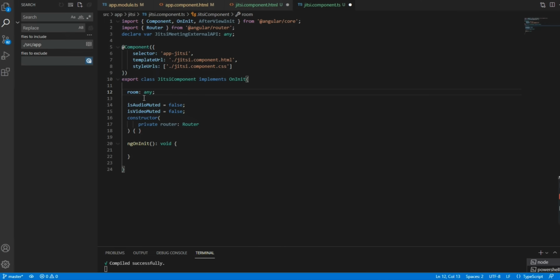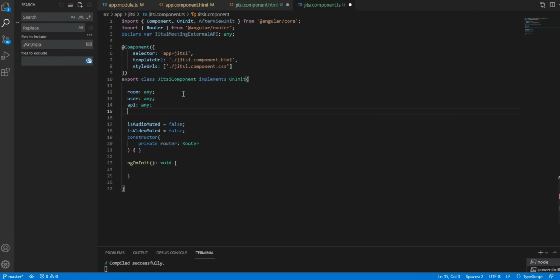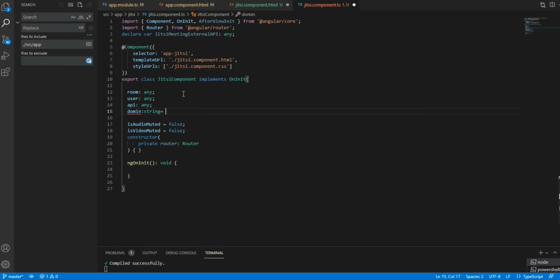Now, in ngOnInit we need to mention a room here. By default we need to create a room, right? Room of any, and users also, user of any, and by the way, API of any, and we need a domain.